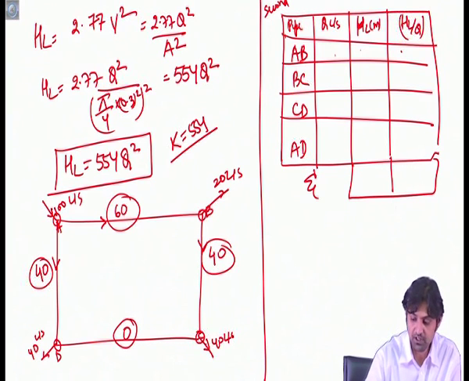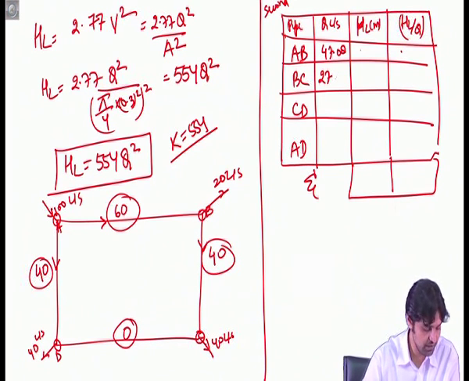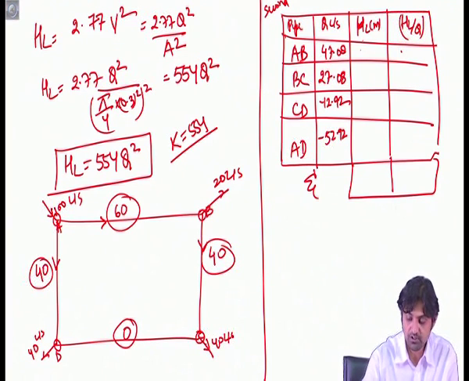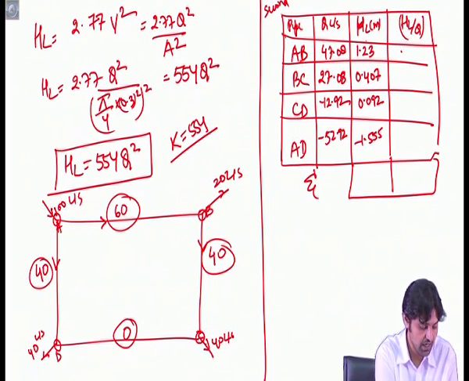So, Q here will be 60 minus 12.92 because delta Q was negative. So, it becomes 47.08. First step is to write down the values after the correction. Minus 12.92 and thus minus 52.92. Similarly, HL if we calculate, we will get 1.23, we get 0.407, we get 0.092, and we get minus 1.555 because HL is 554 into Q square,